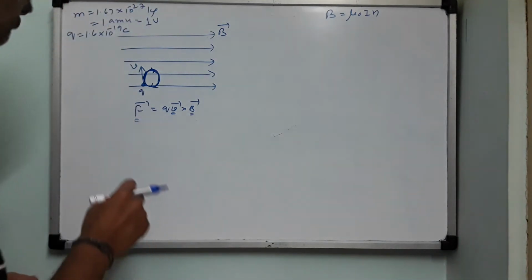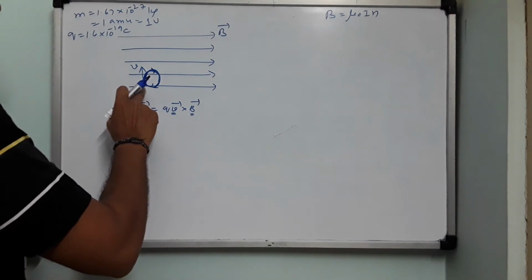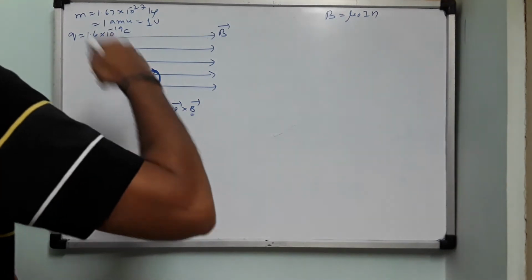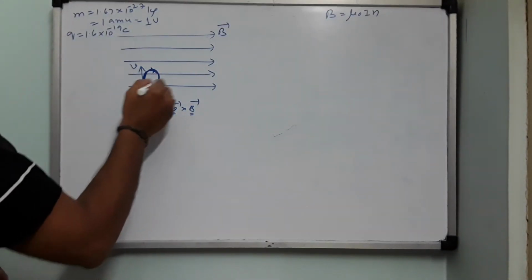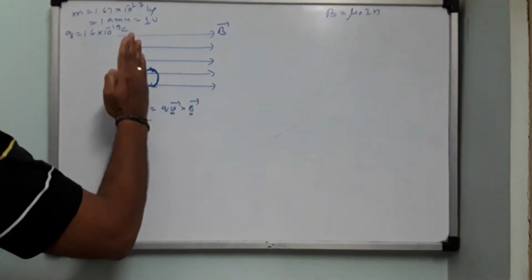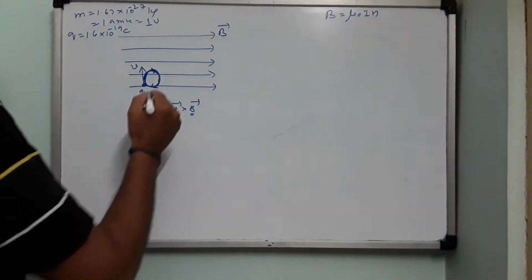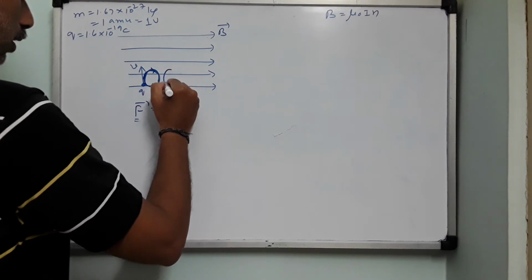So therefore, our Lorentz force QVB will now make this charged particle Q, that is a proton, move in a circular path. So half circle is inside and half circle is outside. So this circle appears to be in the plane of the board. Don't think like that, children. It is just like this. So half of this is behind and half of this is towards me. So rather it could be like this. I will try to give a clear picture.